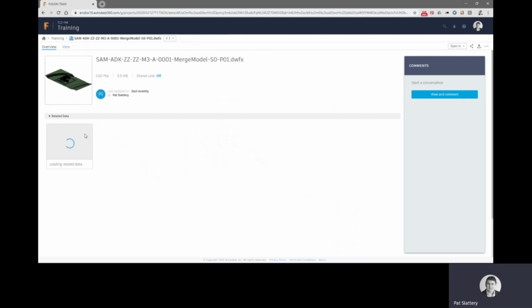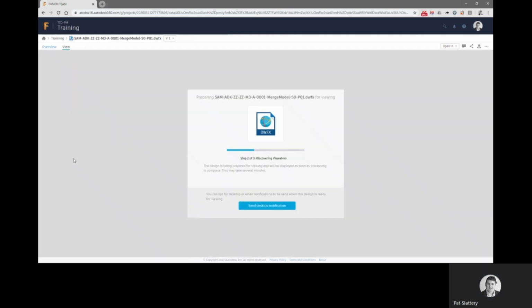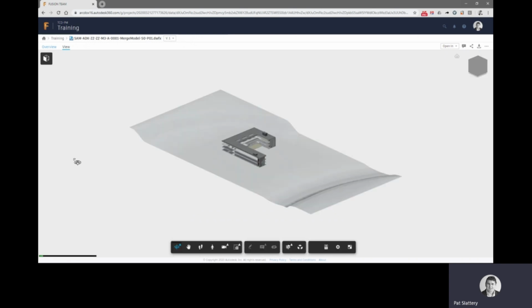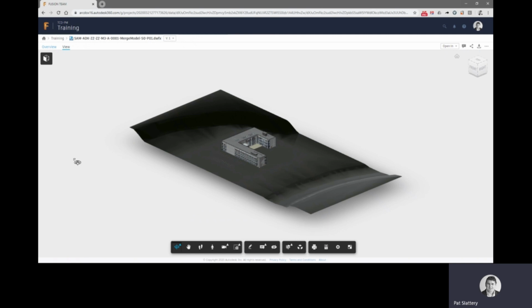It may take a few minutes just to generate the file for viewing. First time you do this, it can take a little bit longer because it's processing the data from the file. So there we have our 3D view. So I can click on the 3D view here. It tells me it's preparing it. It's found a number of viewables, and it opens the model for me